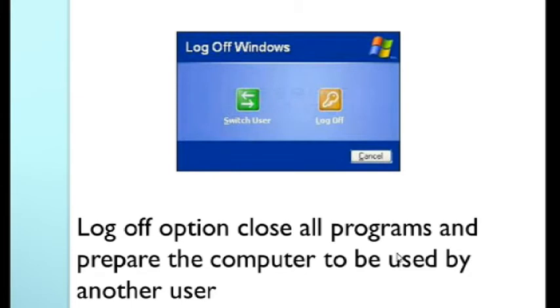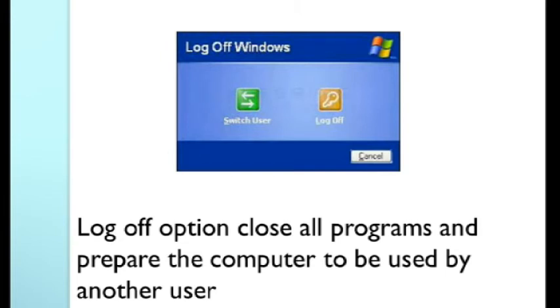What is the difference between log off and shut down? The log off option closes all the programs and prepares the computer to be used by another user. The log off option is used to close all the programs that are currently running, and then it prepares the computer to be used by another user.